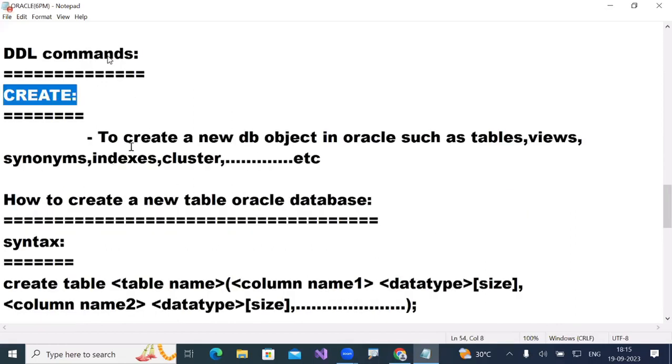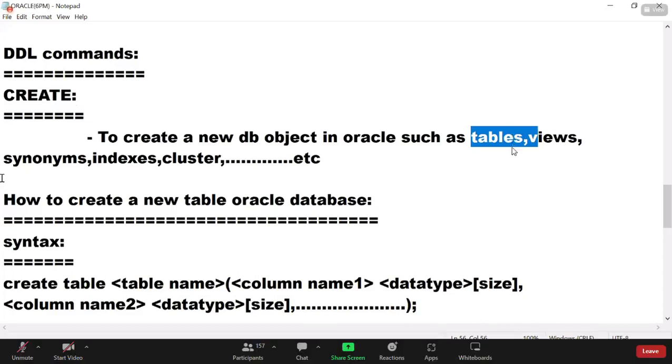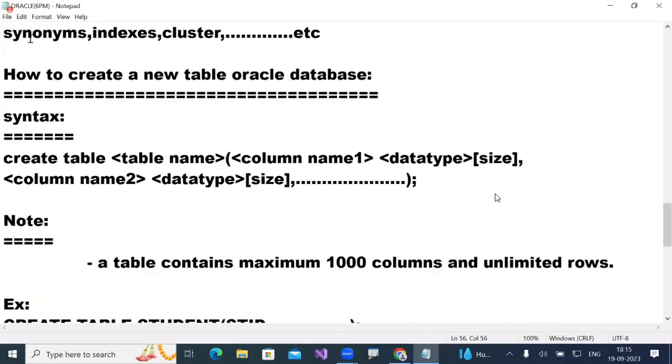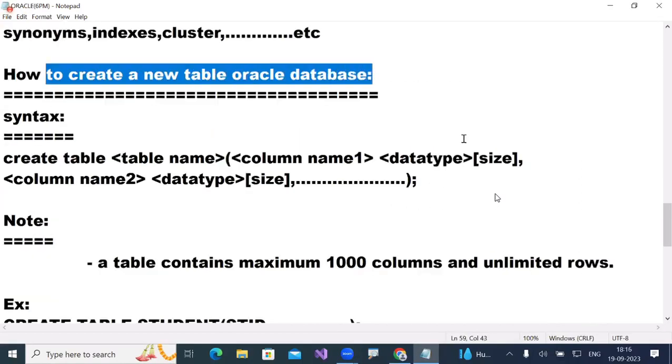This command, especially, we are going to be using whenever you want to create new objects in your database, like tables, views, synonyms, indexes, clusters, procedures, functions. So whenever you want to create these different types of database objects, definitely we use which command? The create command. And this is how to create a new table, because I said to you in the last session,